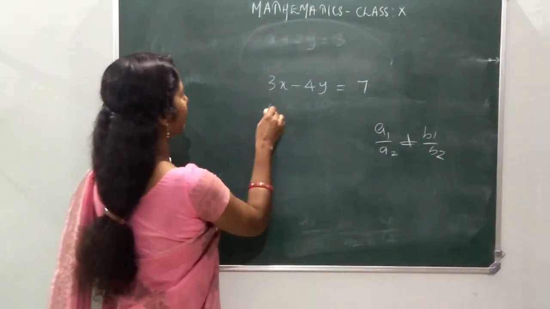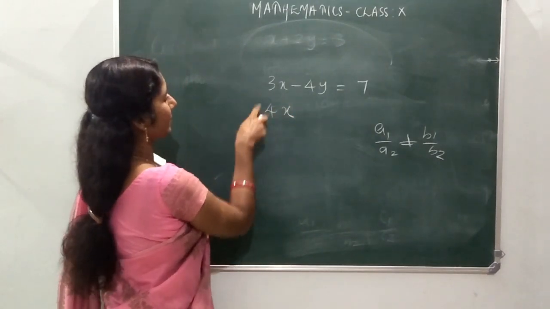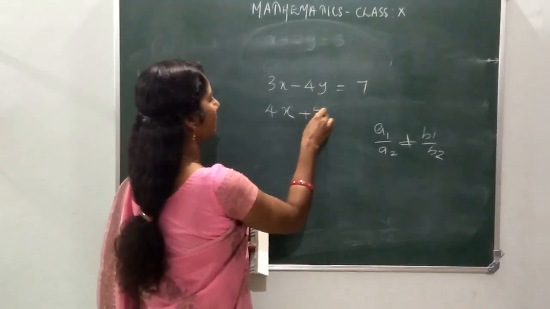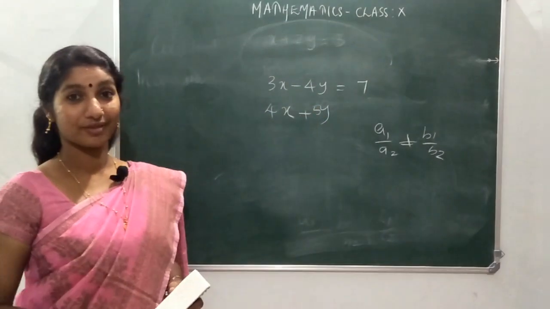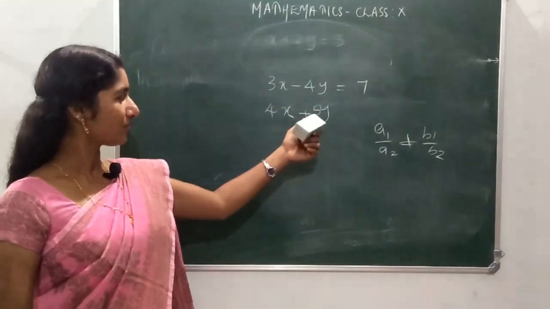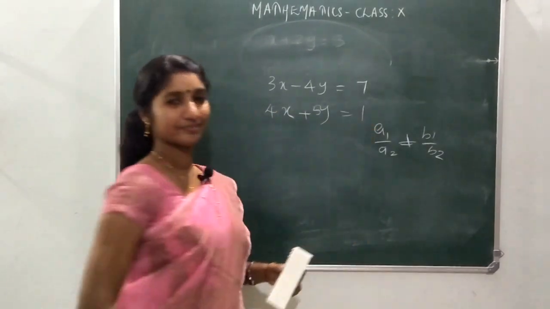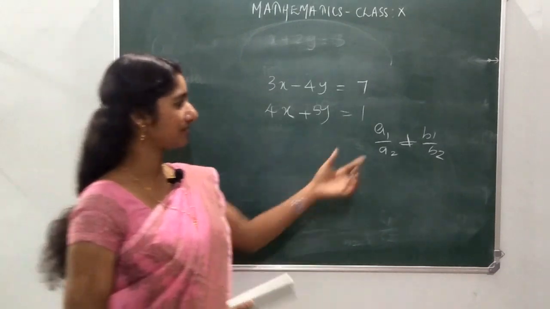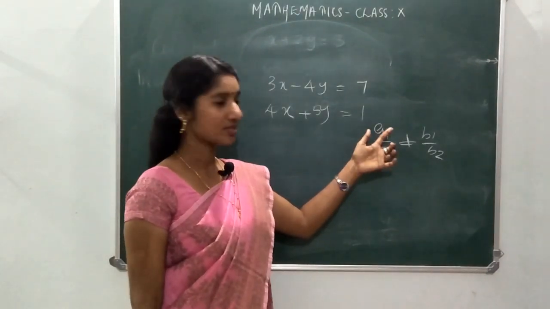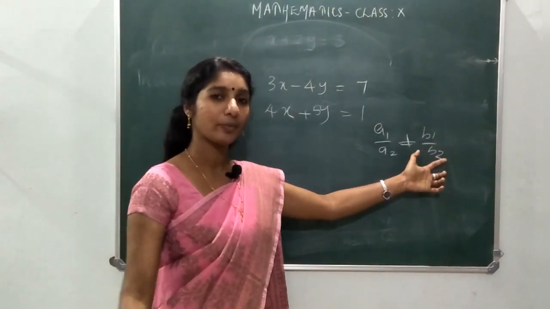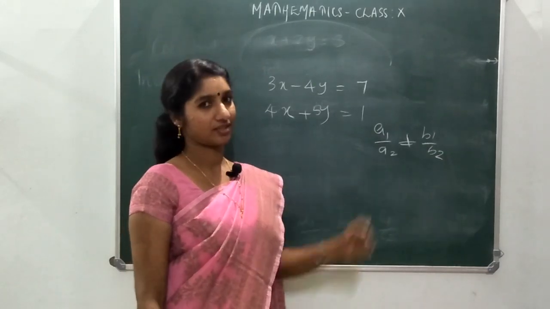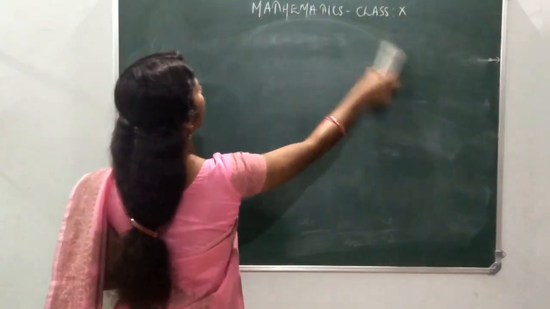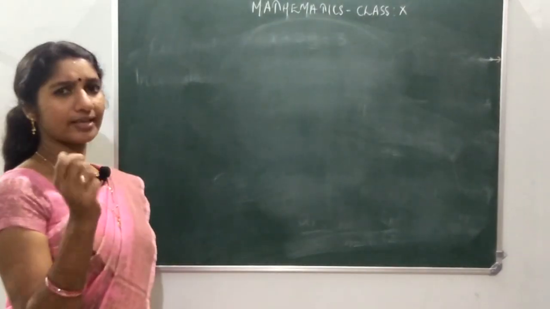So like that, some number, 4x I wrote 4x. So the fraction is 3 by 4. So another number, 5y I wrote, that is minus 4 by 5, different. So of course, write some number. Then you are getting intersecting lines. Means you focus on the ratios. Ratios A1 by A2 not equal to B1 by B2, you make like that. Then you will get intersecting lines. Clear? Okay. Then sometimes you will get a question like this.